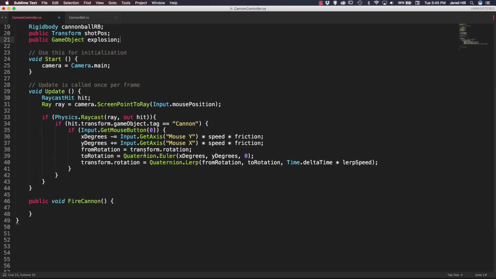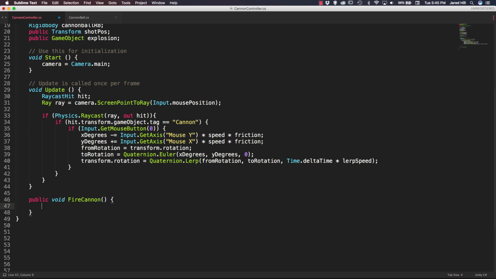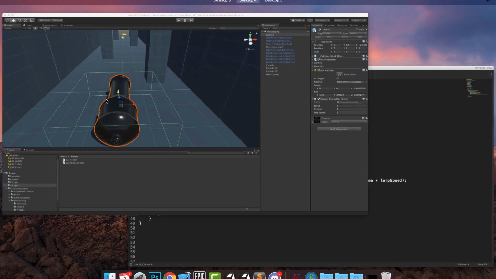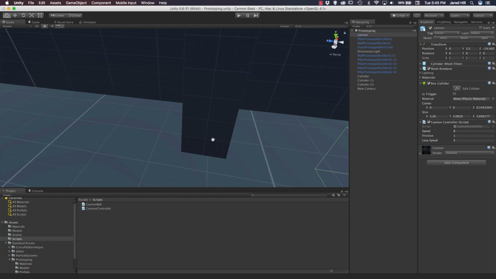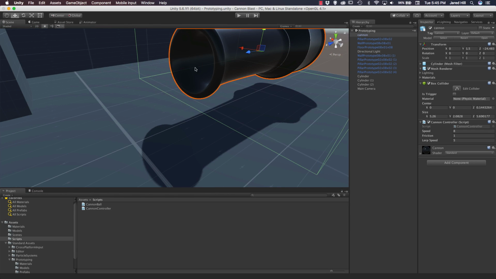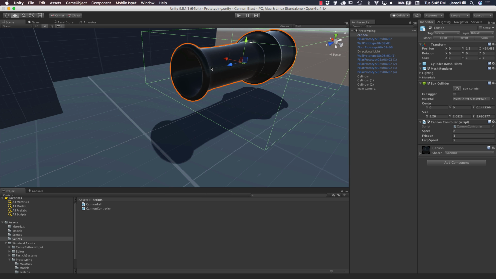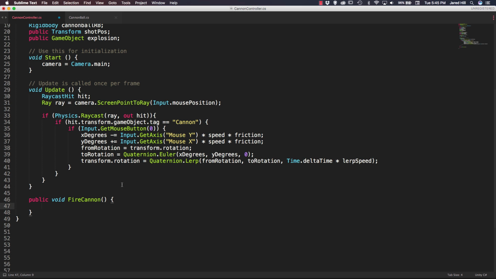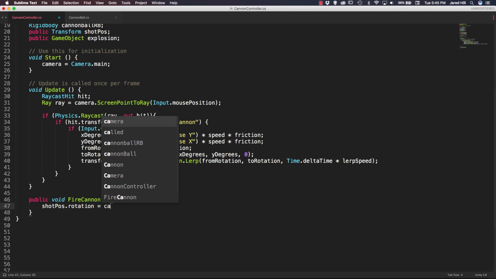So let's go ahead and move down a little bit, and inside of our fire cannon we're going to have to do quite a few things. The first thing we want to actually do is update our shot position's rotation to match our cannon's rotation. So if we go back to our scene, our shot position is actually going to be inside or right at the edge of our cannon's tube. And when I rotate my cannon, I want to make sure that my shot position maintains the same rotation as the cannon so that when we fire it, it moves in the direction that the cannon is pointing. So let's go back out to our fire cannon, and we can just very easily say shotPos.rotation is equal to our